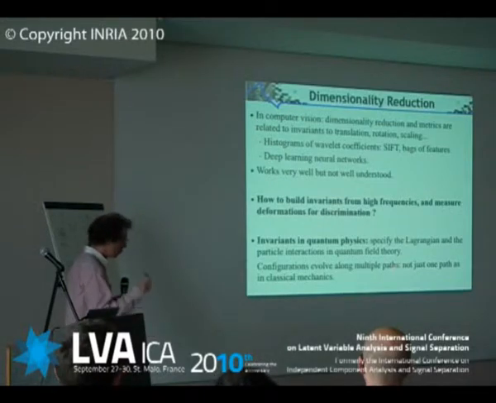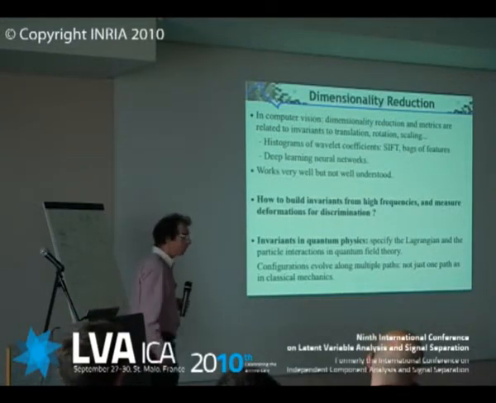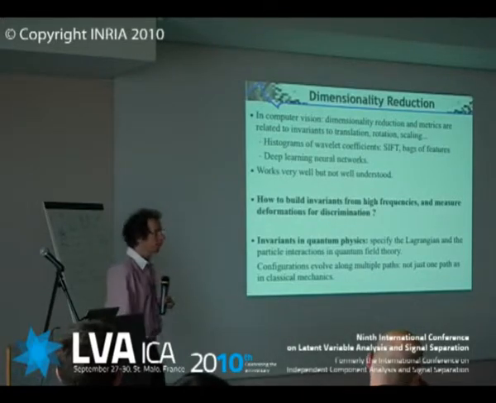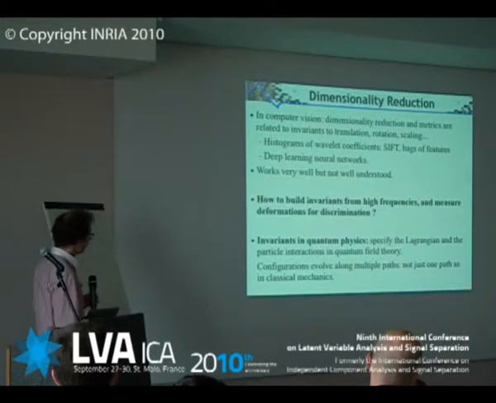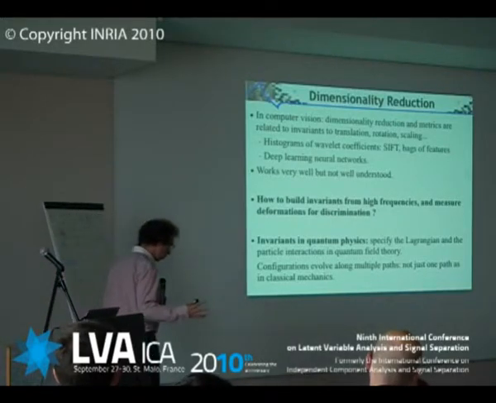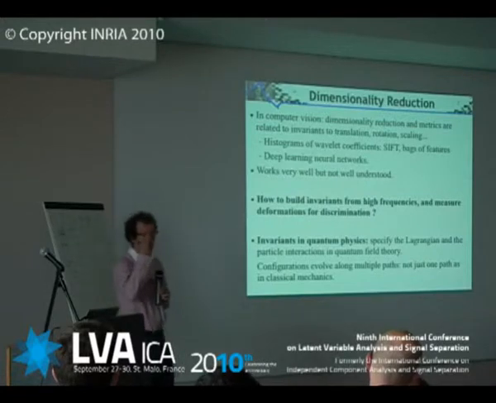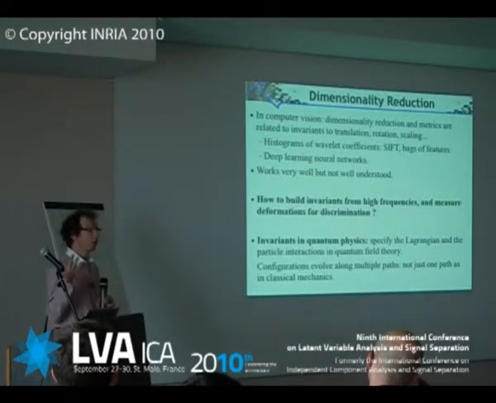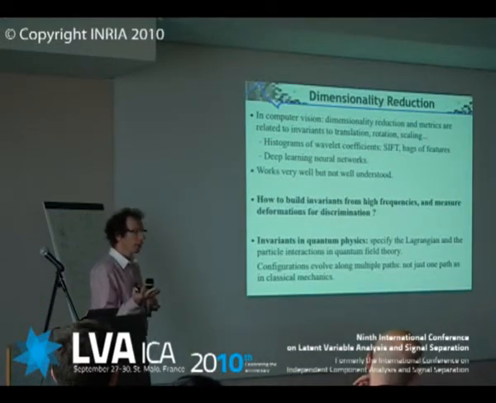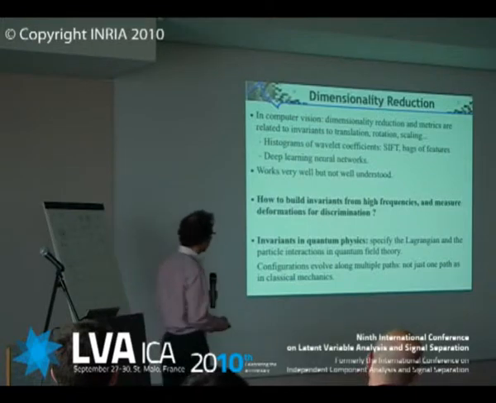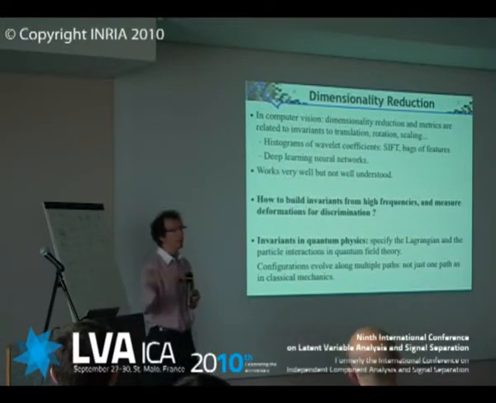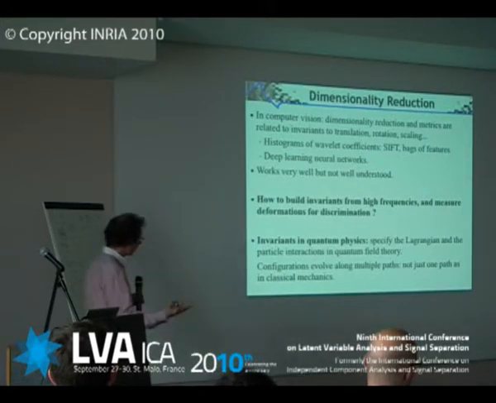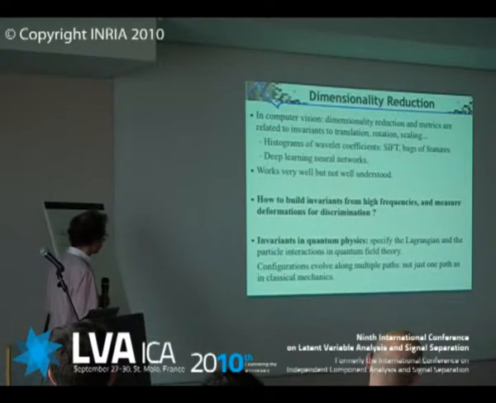Now, there is just a point I'd like to make, that there is another field where these issues of invariants are absolutely key and have been studied since the early 60s in depth, in quantum physics. In quantum physics, all quantum field theory has been reconstructed by basically saying, if you know the symmetries, in other words, the invariants of your Lagrangian, then you specify some of the properties of the Lagrangian of the system, and it entirely defines the interaction between particles. And that's the basis of it in quantum field theory.